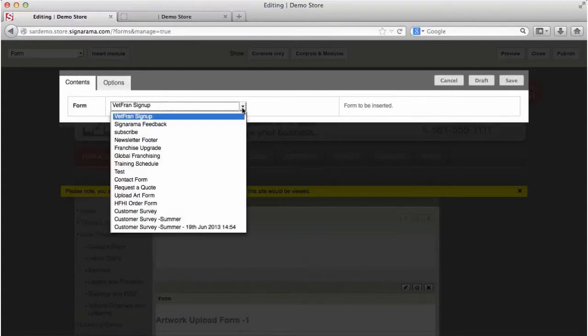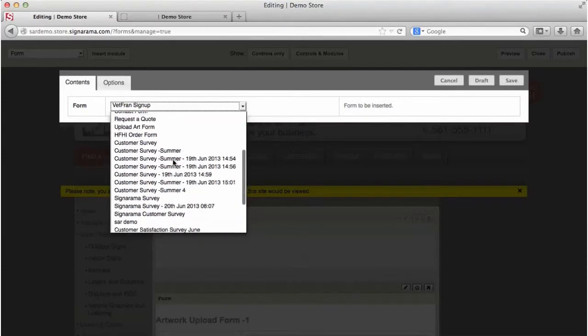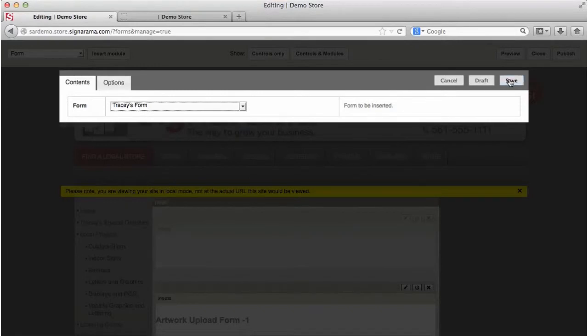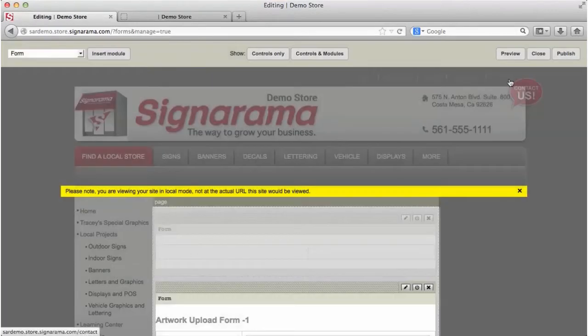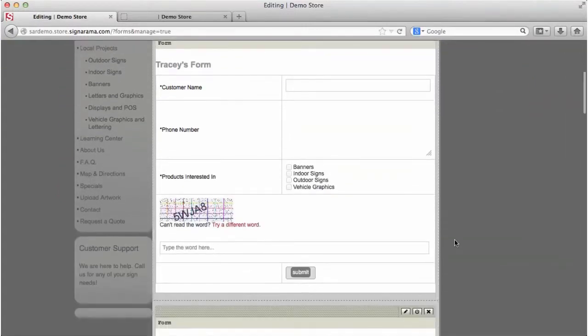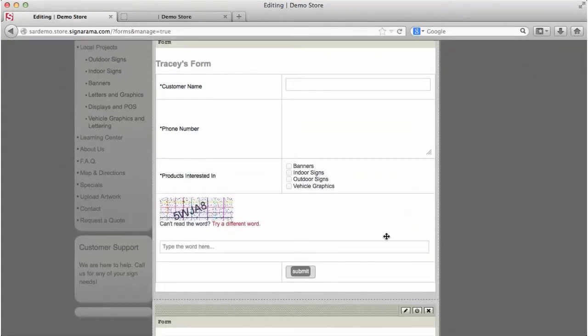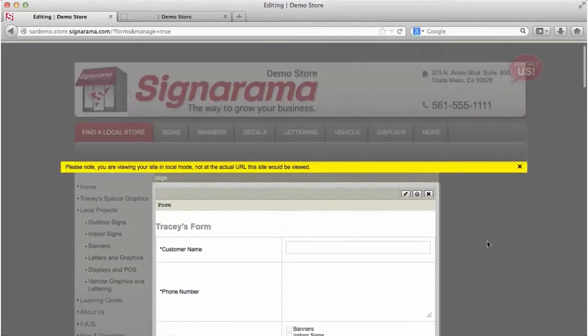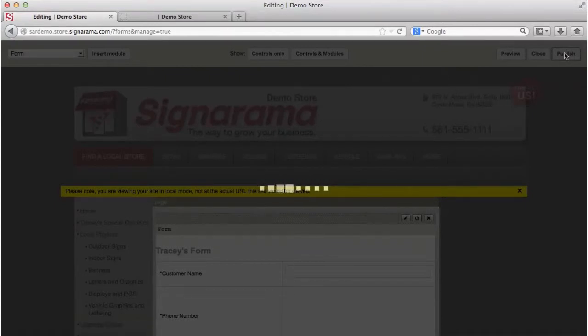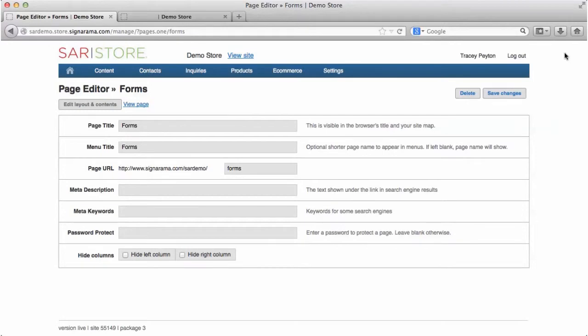And I'm going to use this drop down list to find that new form that I just did. So we have it right here. And we'll hit save. And that brings that form in onto that page so you can see it there. So after we do that, we can go ahead and publish that so that it gets pushed to the front end of the site so the customer can see it. And then if I view the site,